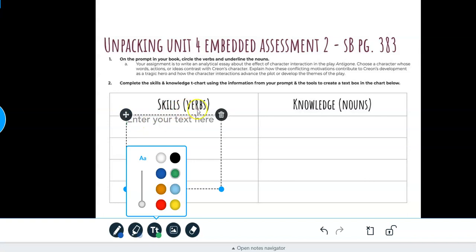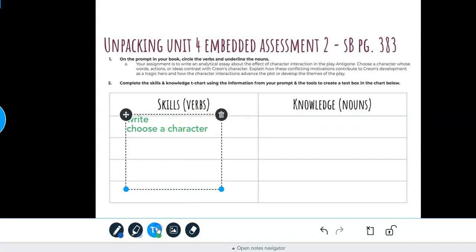All right, it says the verbs. If I look at verbs, I know I have to write an essay. So write is going to be one of my verbs, and I'll hit enter. What else do I have to do? Let's see, I have to choose a character. So I'm going to say choose a character, and that would be another one. So you'd continue going all the way through until we have an idea of what the verbs are,